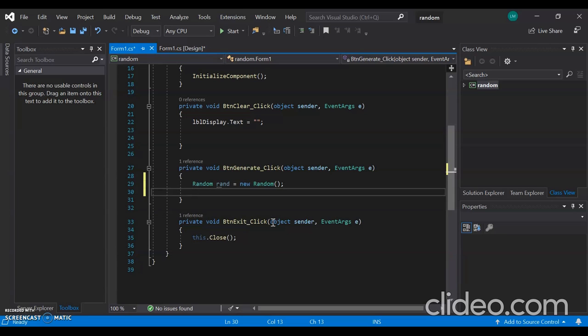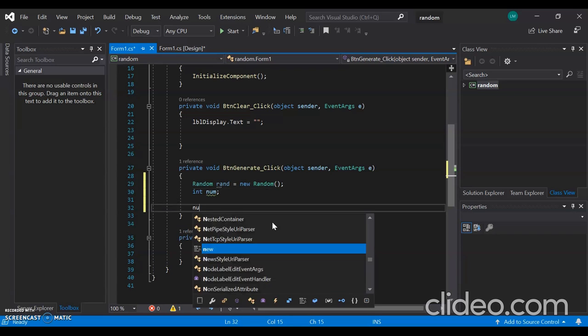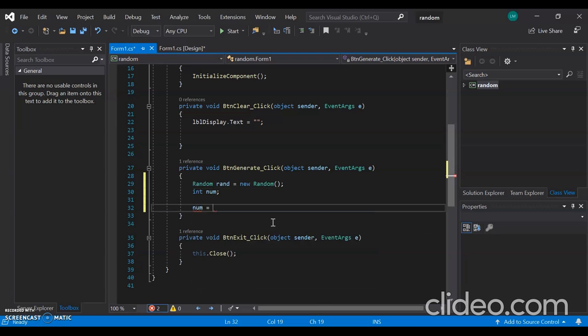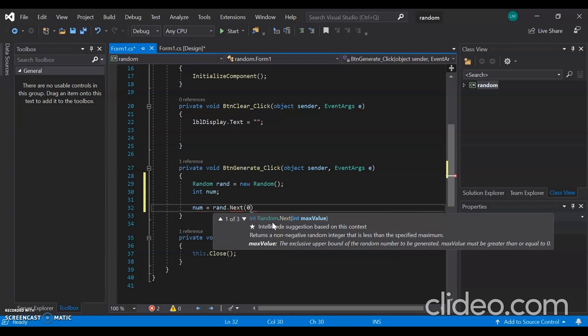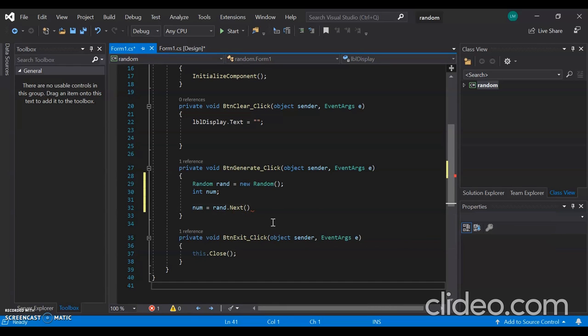So we have the Next method and the NextDouble method. We're going to start with the Next method. Now with the Next method, we're going to generate a random integer number. So we're going to create a variable int num to store the random variable created. So once we've done that, we're going to assign this random variable, typing in the following statement: Next();